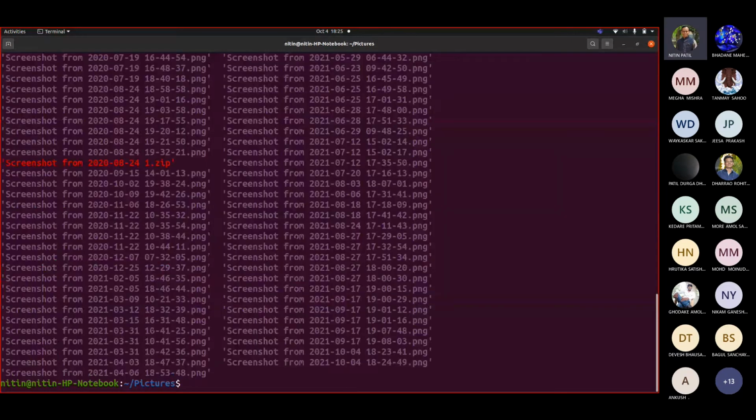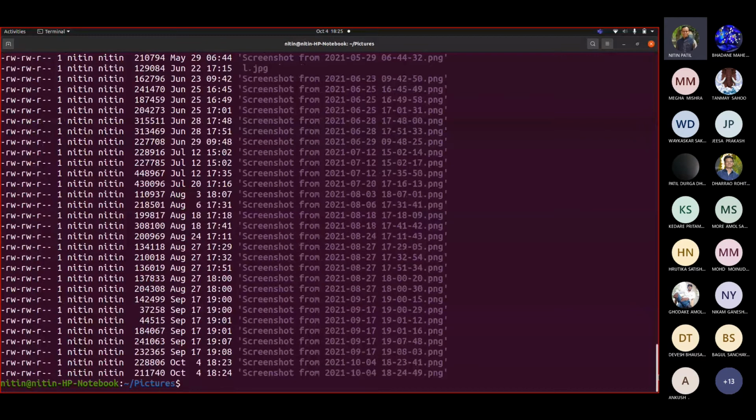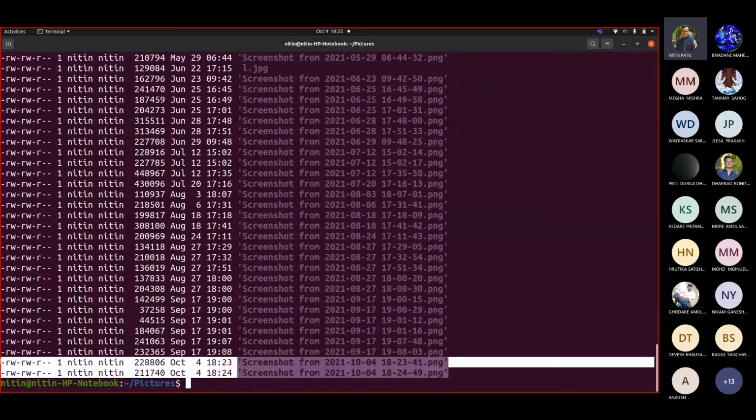Say ls, so you have screenshots. ls -ltr shows the ones that we tried today. So you can say tar -cvzf. With the assumption that everything is done, tar -cvzf, then your tar name.